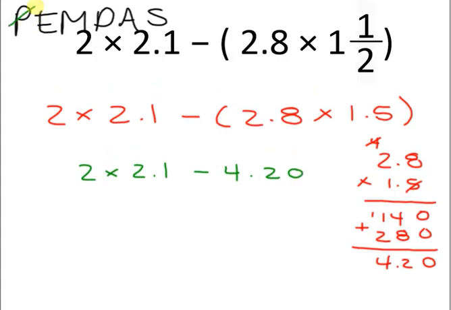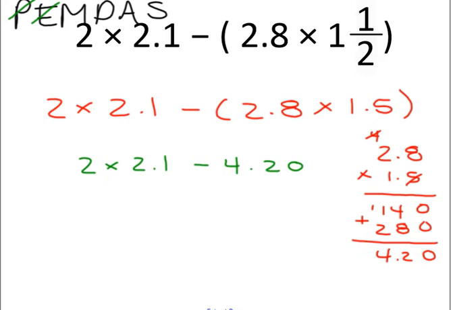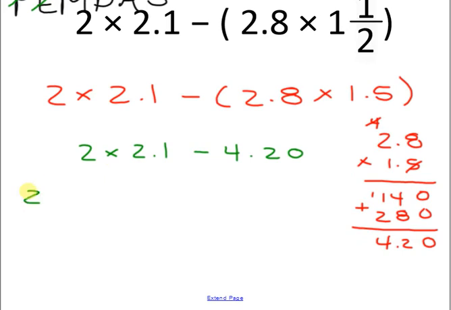Okay, so I took care of my parentheses. I don't have any exponents. I do have multiplication division. I just have multiplication. So let me go ahead and take care of that now. 2.1 times 2. 2 times 1 is 2. 2 times 2 is 4. I have one number after the decimal, so it's going to go right here. So 4.2 minus